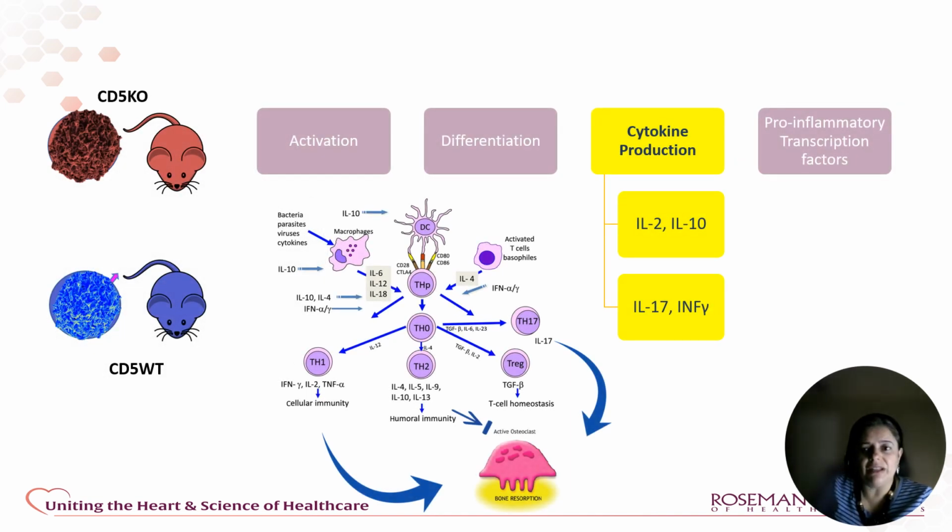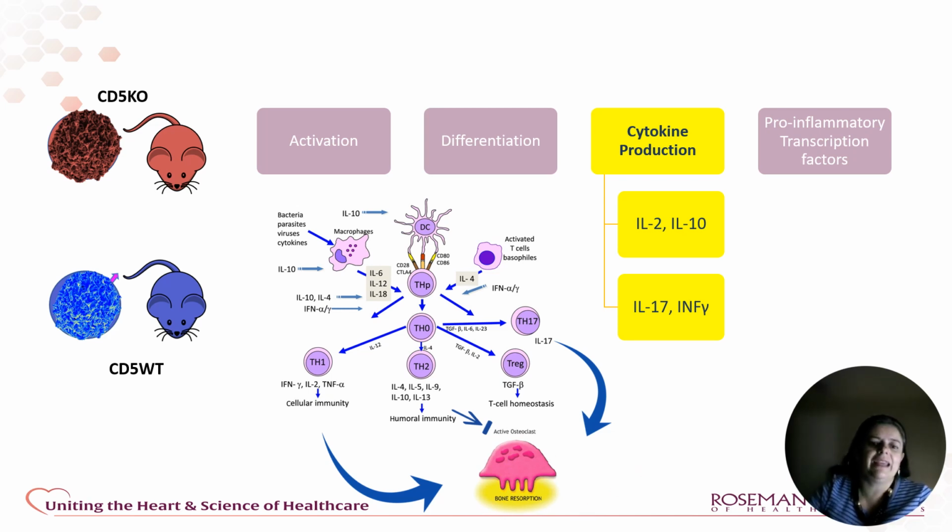Then we were looking into cytokine production. If you remember, we talked about pro-inflammatory, meaning they will support those inflammatory processes that happen in periodontal disease, and anti-inflammatory cytokines, meaning those are the ones that will kind of stop these inflammatory processes and look into the homeostasis of the tissue. And then here we measured more specifically IL-2, IL-10 as anti-inflammatory, and IL-17 and interferon gamma. If you remember, they attack inflammatory processes. It means that it would lead to destruction of the bone eventually.